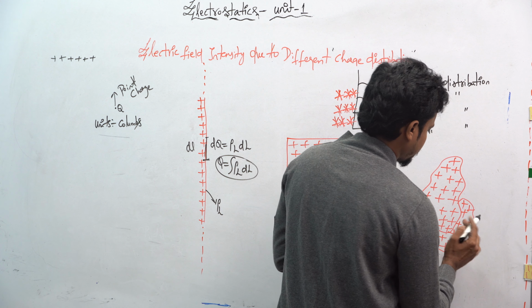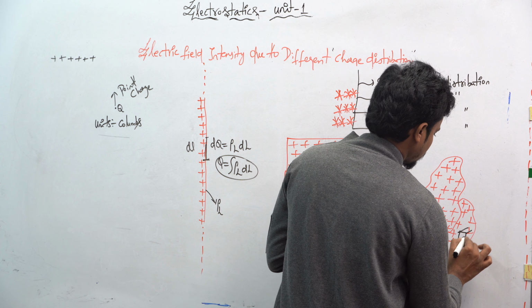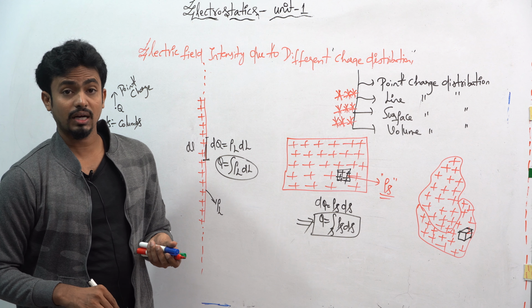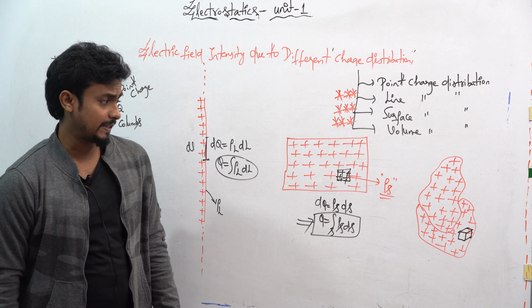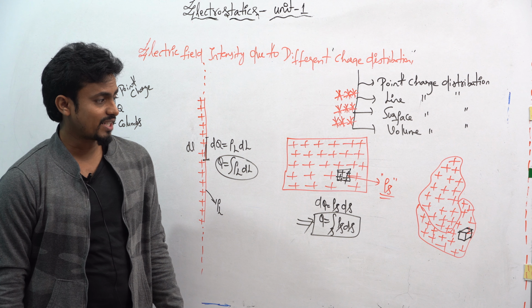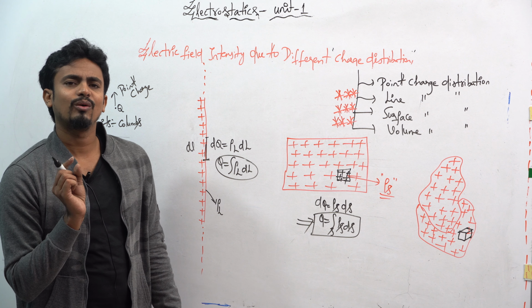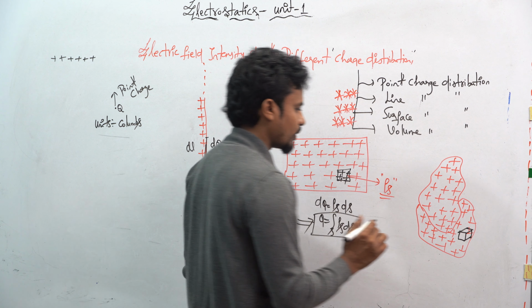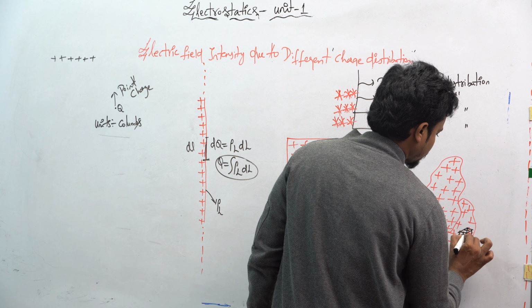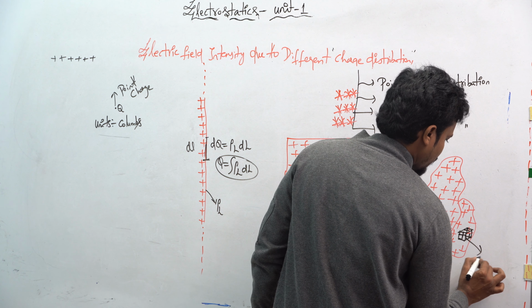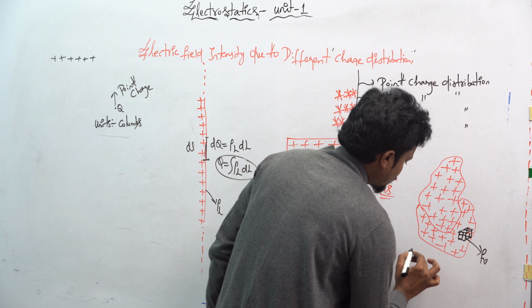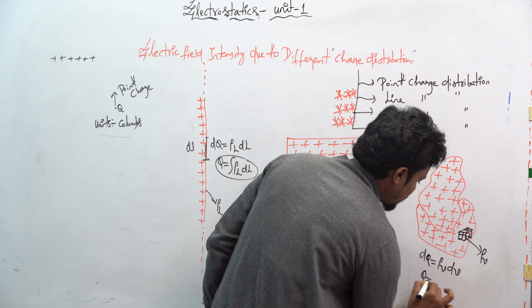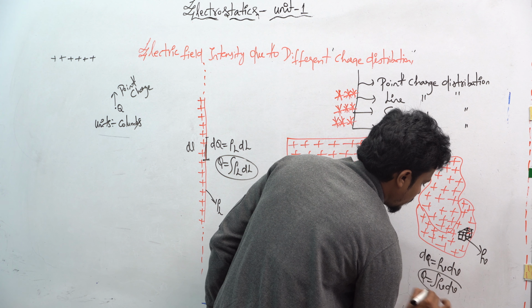And similarly, what I have to do means I will take this as my volume. So if I want to calculate the volume for that, I can't calculate the full volume. So that's why I will be taking a small volume. Then whatever value I get, I just do the integration for that. I will get the full volume. So here you can see this is represented with rho v. So for example, dq is equal to rho v into dv. So q is equal to integration of rho v into dv.